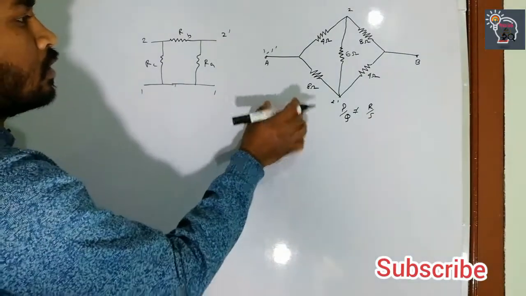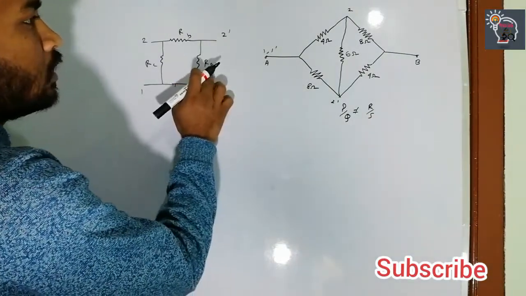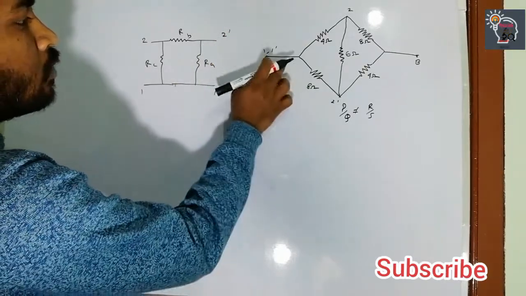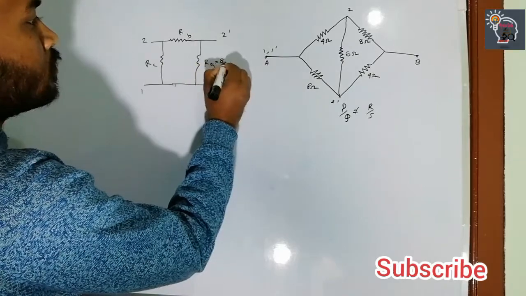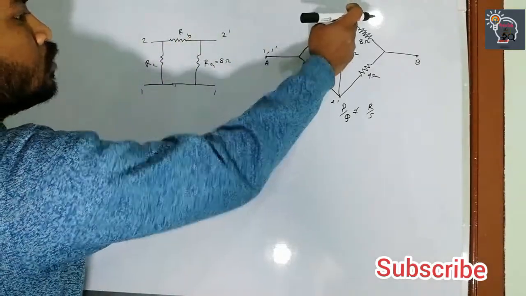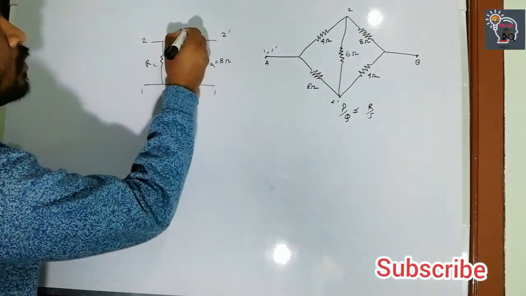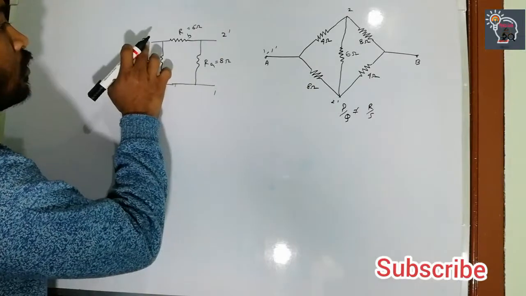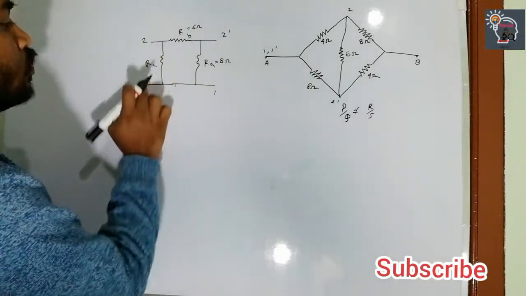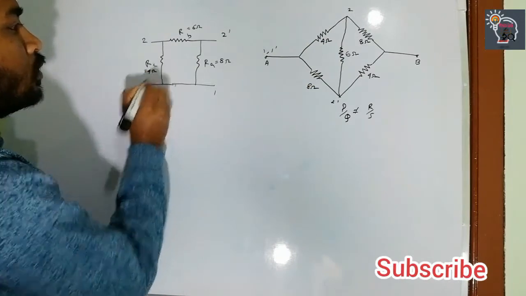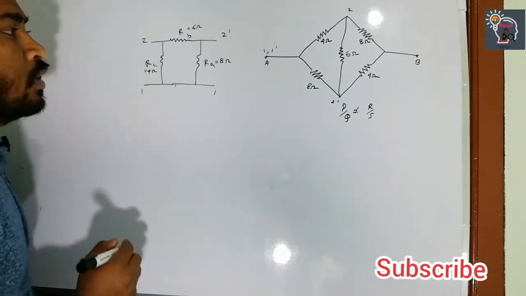So here RA, in between 2 dash and 1, this is 8 ohm. RB in between 2 and 2 dash is equal to 6 ohm, and the resistance RC in between 2 and 1 is equal to 4 ohm. To convert this into a T network,